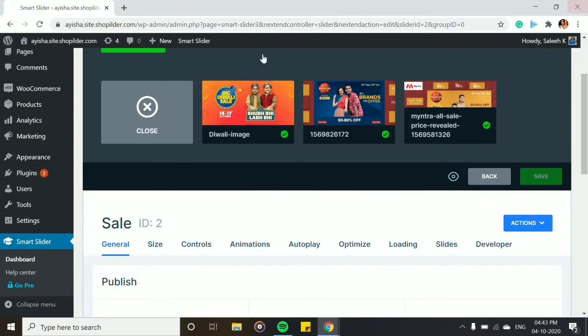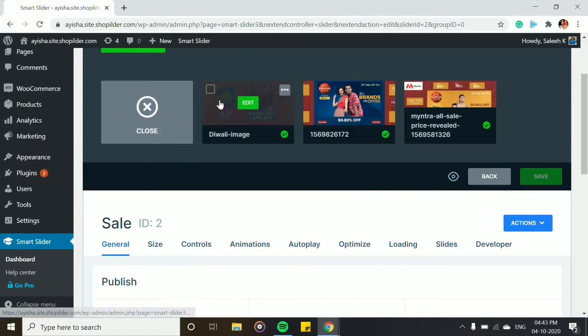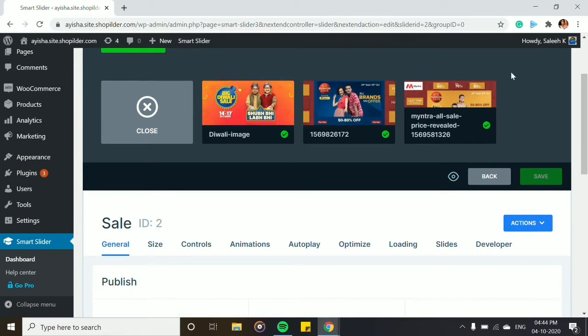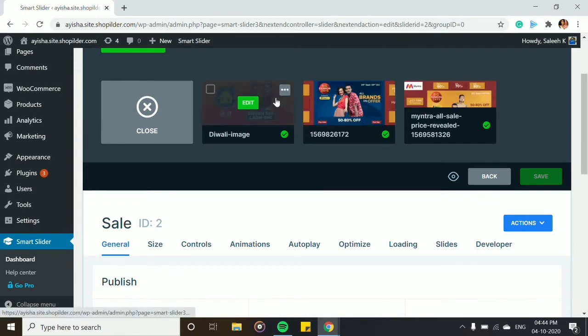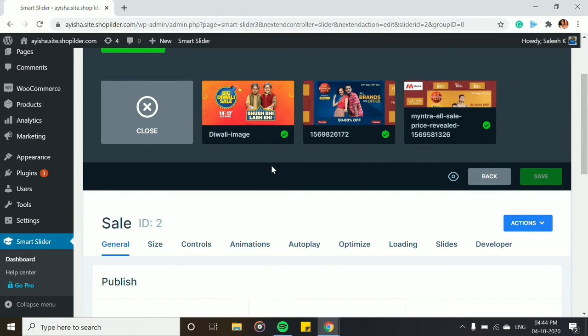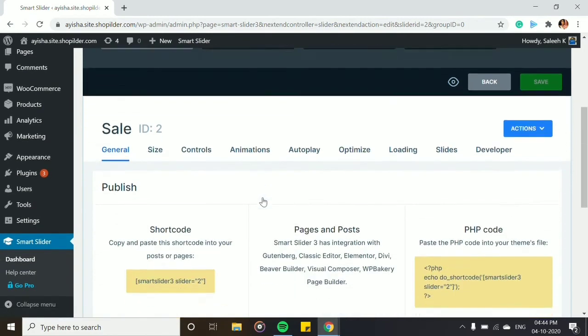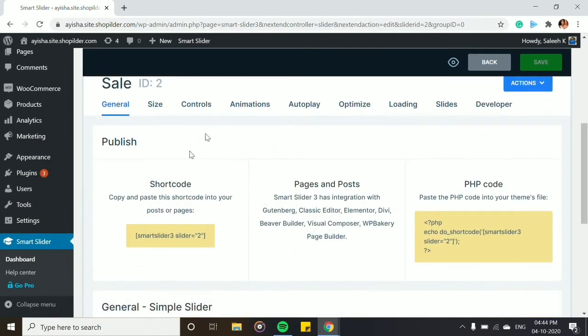Next, coming to the next part, you can also edit the image. We'll be coming back to that. Since we have a pre-designed one, we don't have to edit. We have to just upload these images. Now to the publishing part, you can see that